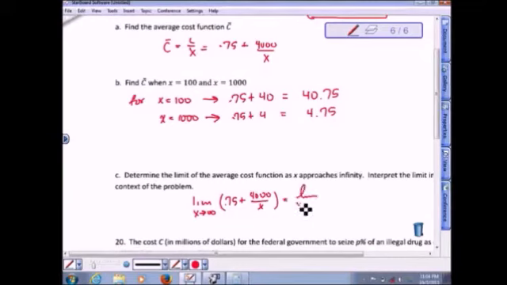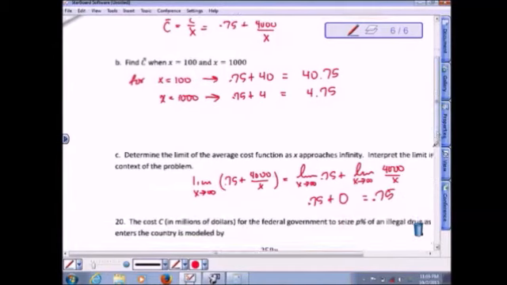This is equal to the limit as x approaches infinity of 0.75 plus the limit of 4,000 over x. Now the limit of a constant is just that constant. And the limit as x approaches infinity of this, as x continues to get larger and larger and larger, beyond 4,000 to 4 million and 4 trillion, this is going to result in a smaller and smaller and smaller fraction, and as x approaches infinity, this fraction approaches 0, so the limit is 0. 0.75 plus 0 is